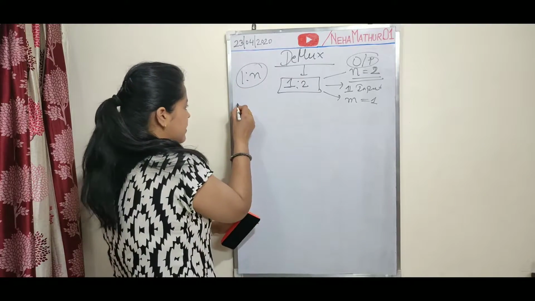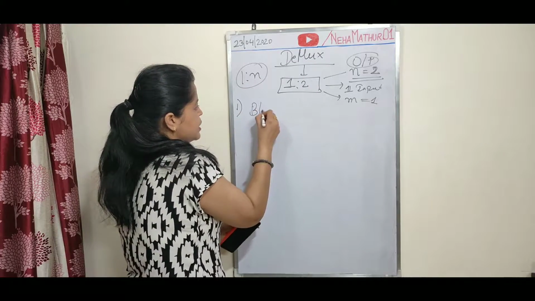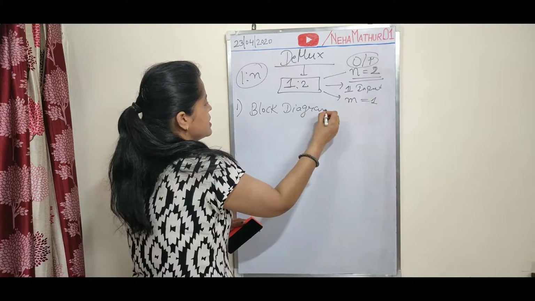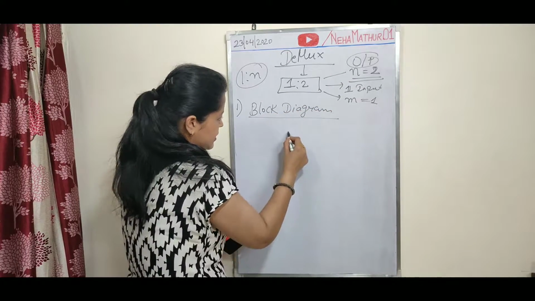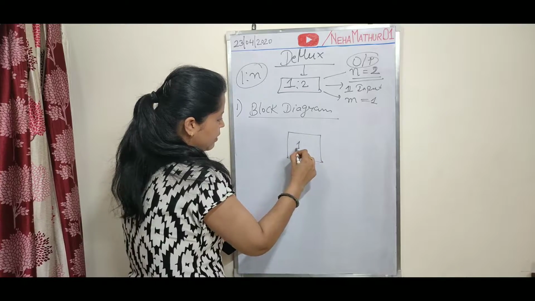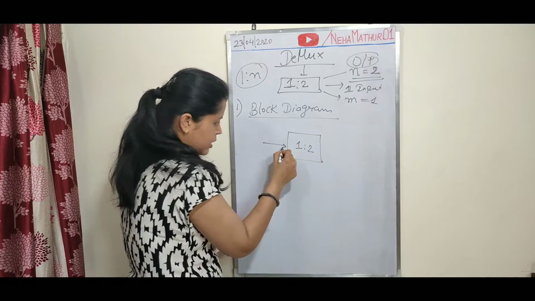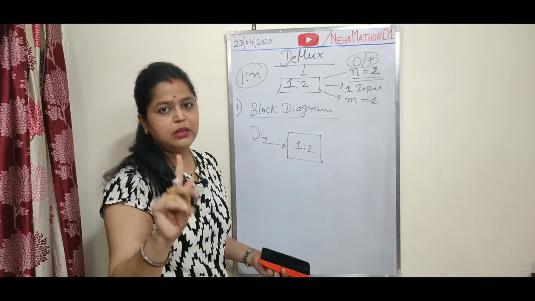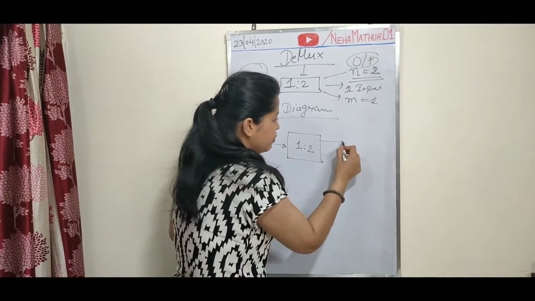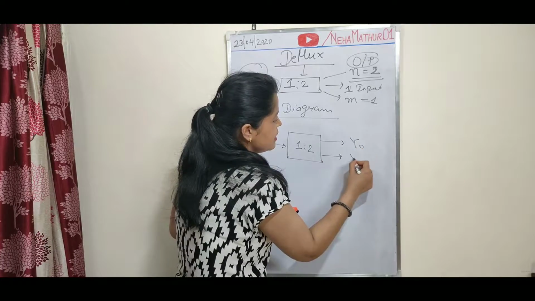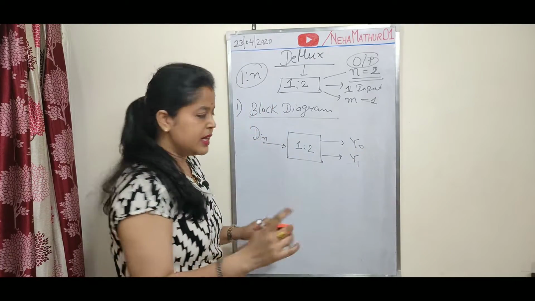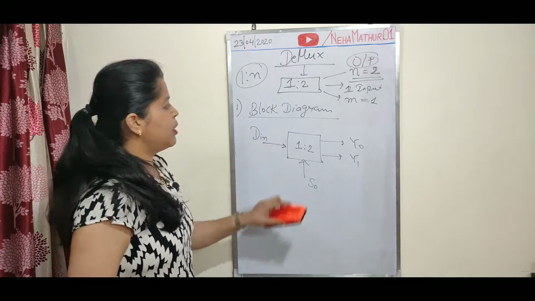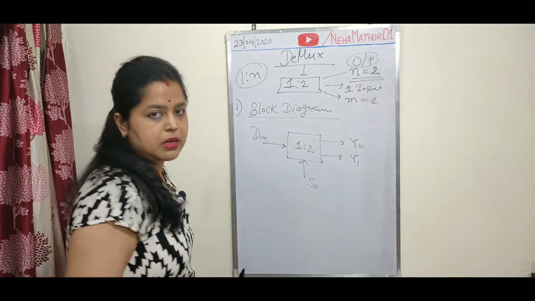Fine. Now the first step is its block diagram. Block diagram will give just a basic idea about this circuit. So 1:2 with one input, and the input is represented by Din, because here we will have only one data input. Well, 2 outputs over here represented by Y0 and Y1, and one selection line represented by S0. This is the simple block diagram for 1:2 demux.